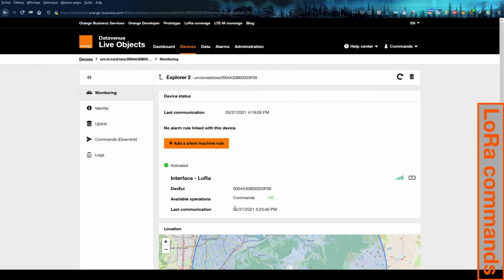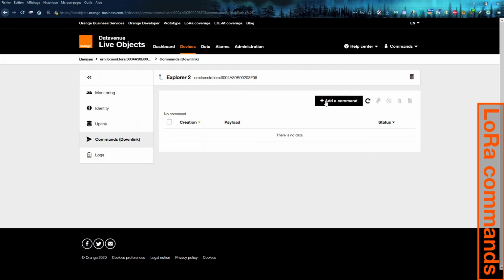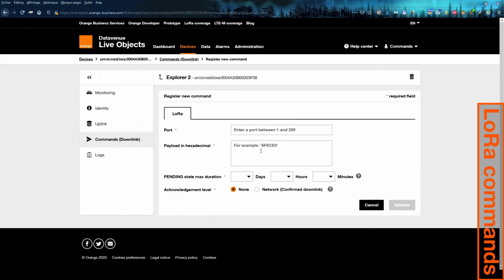As for LoRa devices, I have created here an Explorer 2 device, and I can send downlinks to. So we'll add a command. Let's send some hexadecimal payload.